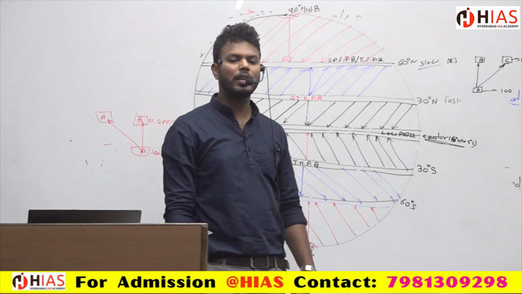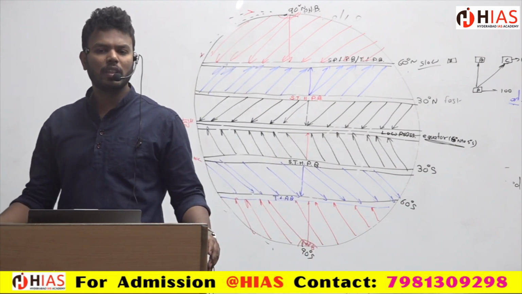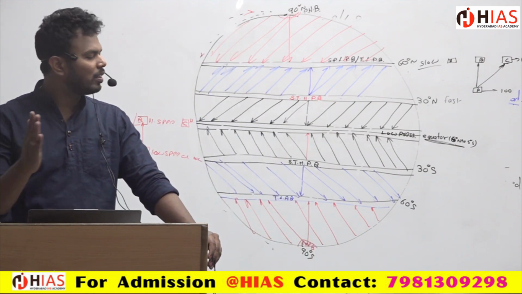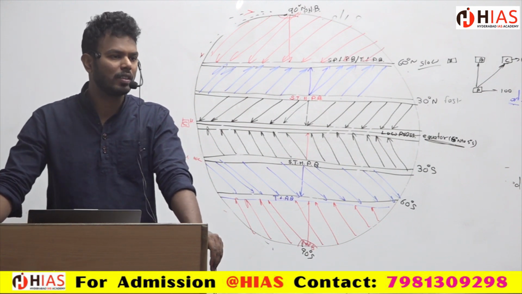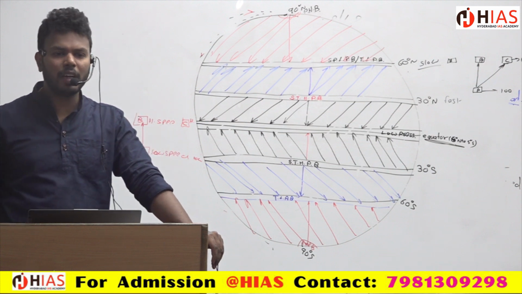This was asked by the UPSC in the year 2021. So there are more deserts on the western margins between 30 degrees north to 30 degrees south because of the prevailing winds. Yes, because of the prevailing winds, there are deserts.